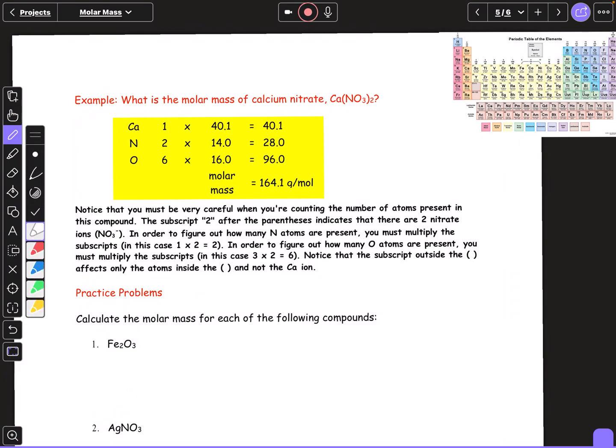So 1 mole would be equal to 164.1 grams. And also that number would be equal, in terms of molecules, to 6.02 times 10 to the 23rd molecules. Notice that you must be very careful when you're counting the number of atoms present in this